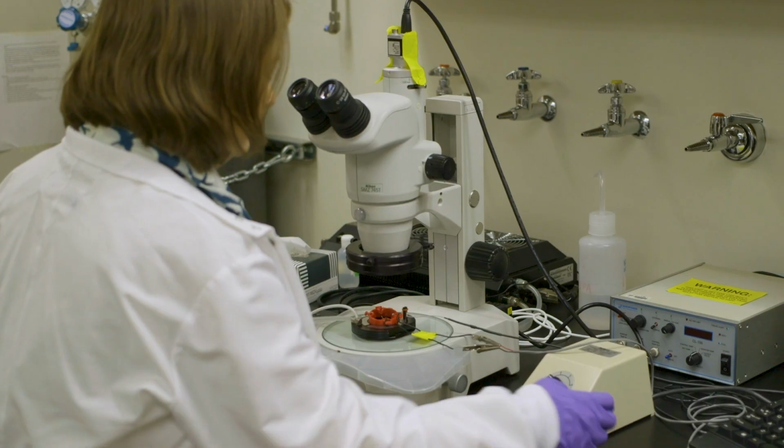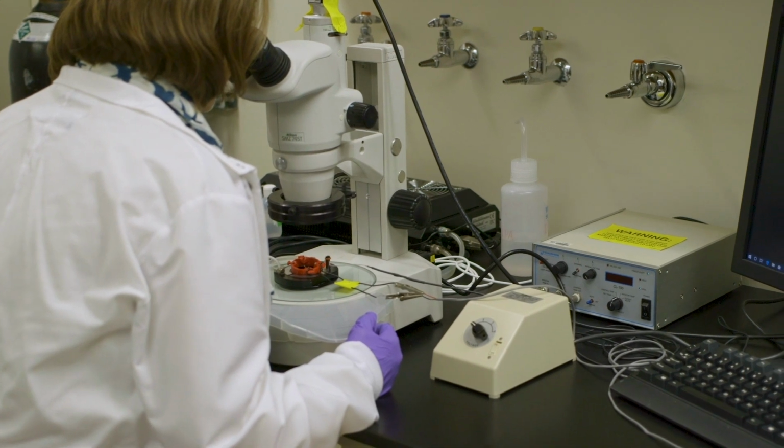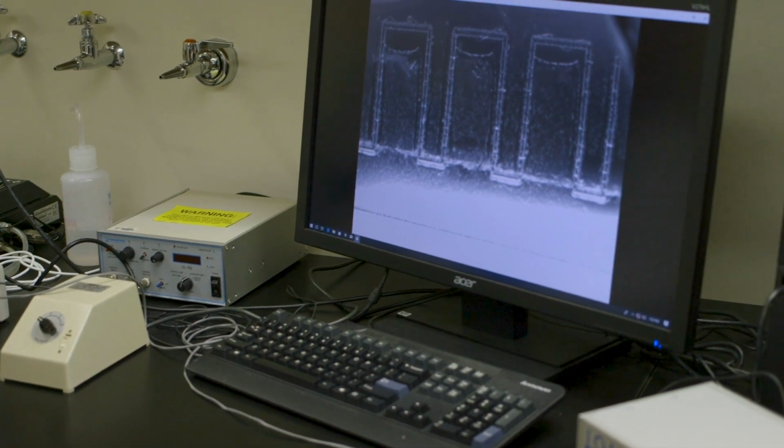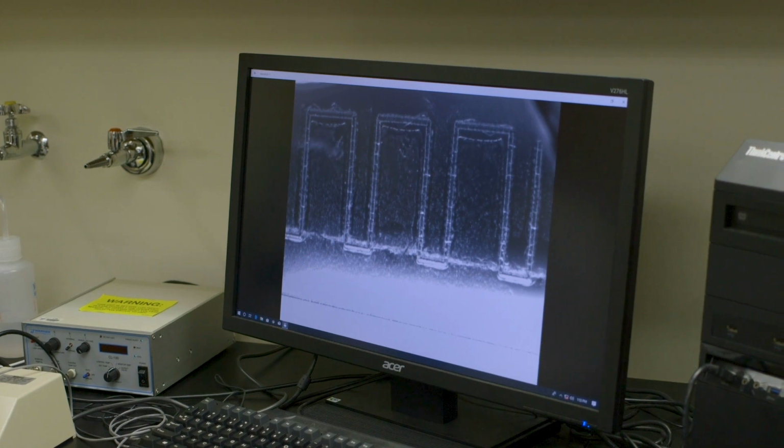Another key aspect of what we do is to be able to measure the function of these patient-derived stem cells and their derivatives. So the cells in the heart, for example, are contracting and pumping blood. And so ultimately we'd like to see if a drug or if a different genetic mutation affects the ability of a heart cell to pump. If we focus just on whether the heart cell is alive or dead, that doesn't really give us enough information. So we use a lot of different engineering approaches to be able to measure the contractile activity of heart cells and be able to compare that based on different patient genetics or different drug treatments.